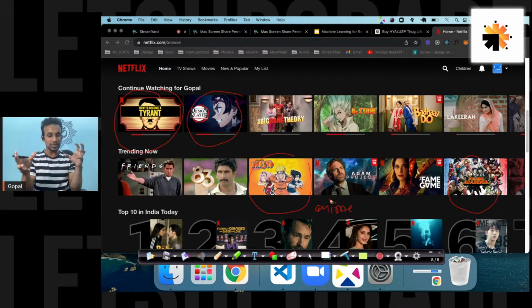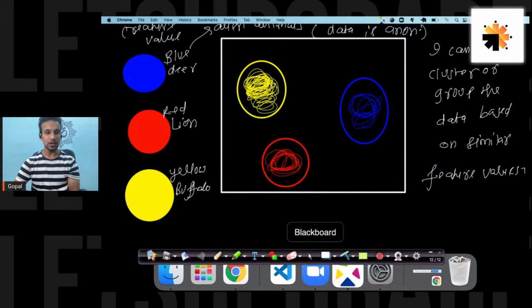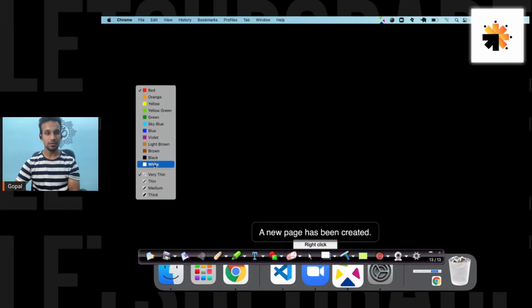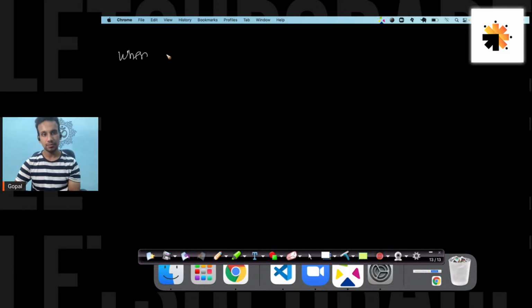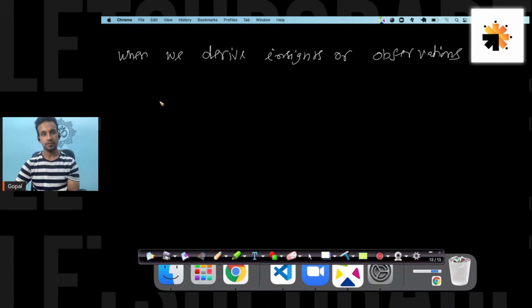So what we are doing here is basically clustering or grouping similar entities or similar feature values. That's it. To come back here, what we are trying to do is derive insights or observations from feature values only.